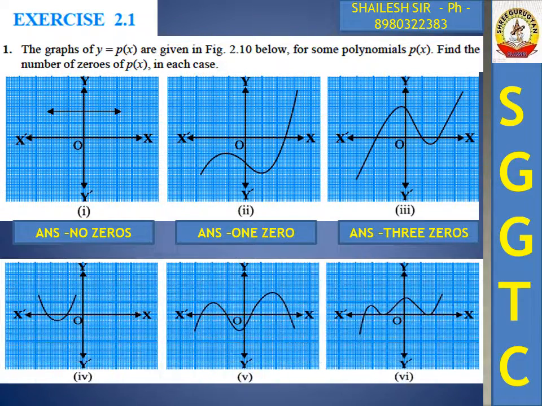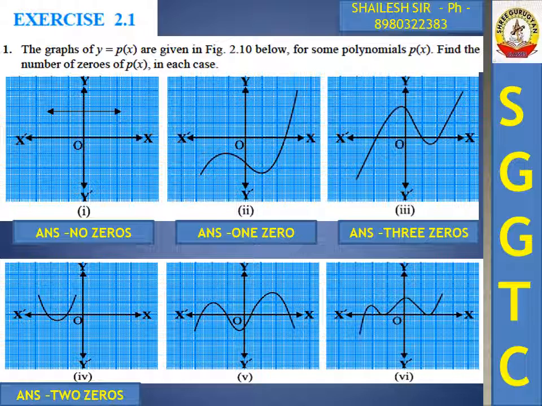Similarly, one more, there are three figures in exercise 2.1. In question number 4, see figure number 4, the given parabolic graph intersects the x-axis at 2 points, therefore my answer is 2 zeros. Yes students, there are two zeros. And in the next figure, figure number 5, the given curve intersects the x-axis at 1 and 2 on the left side and 1 and 2 on the right side, meaning a total of 4 points. So my answer is 4 zeros. You do not count the intersection with the y-axis, students, only and only the intersection with the x-axis.